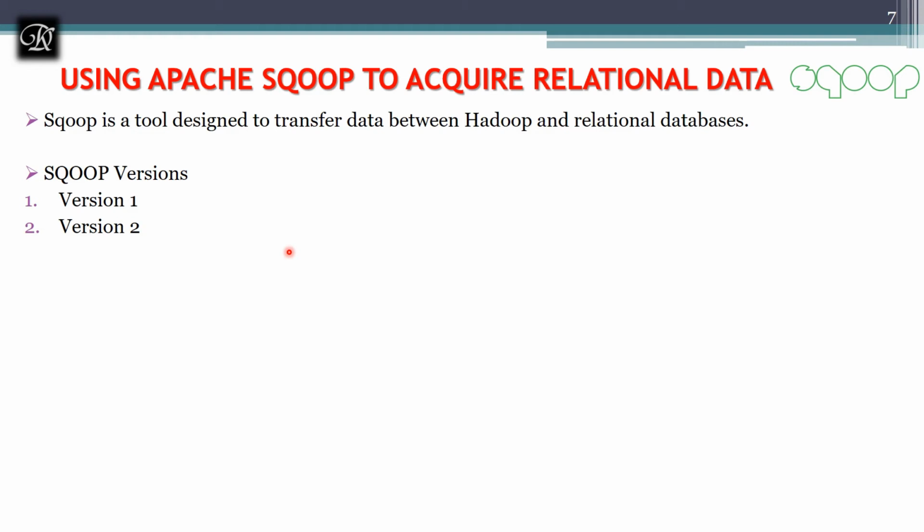So what is Sqoop? To address all these challenges, whatever I have discussed, Apache came up with a solution, Sqoop. Sqoop is nothing but a combination of SQL and Hadoop. SQ stands for SQL plus OOP goes with Hadoop. That is what Sqoop is. So Sqoop provides a mechanism for importing and exporting data from RDBMS.